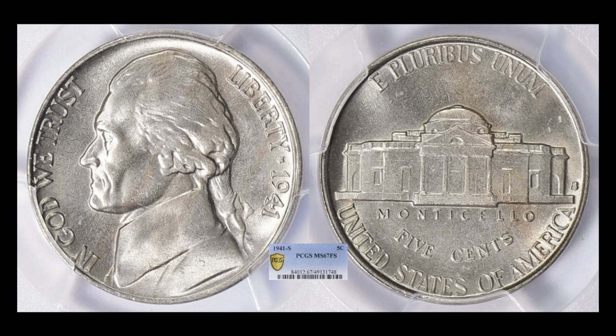1941S. Okay, this is a better date for quality. You can see the luster is a lot more evident on this one compared to anything from the 50s. PCGS Mid-State 67 with full steps. They did note a little bit of toning. I just don't see a lot of it that's worth mentioning to me. This one sold for $1,631.25. And based off of that price tag, there are more of these graded with full steps than the previous